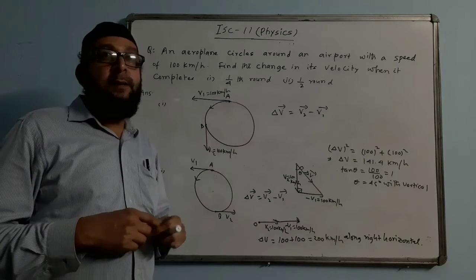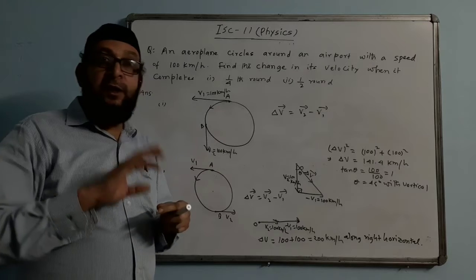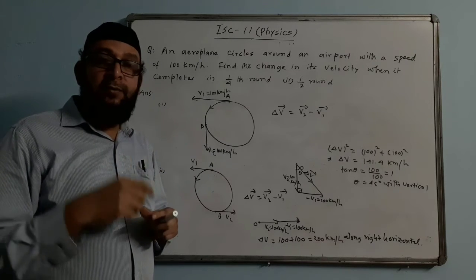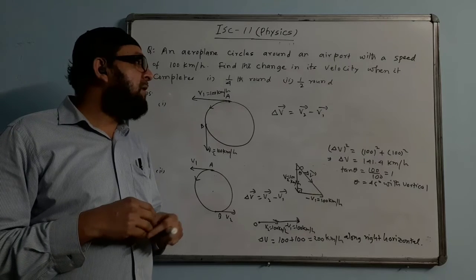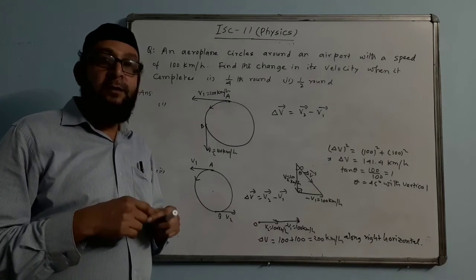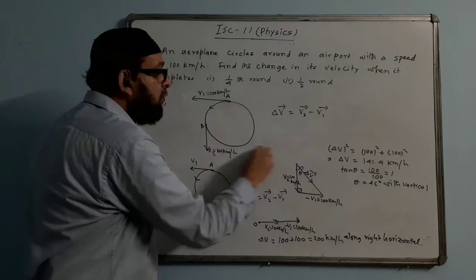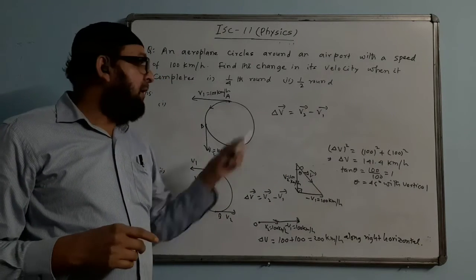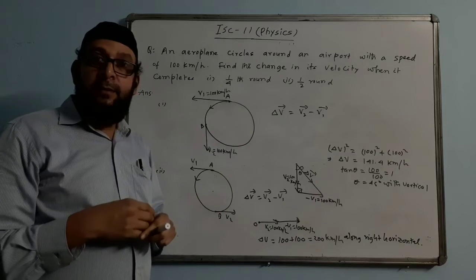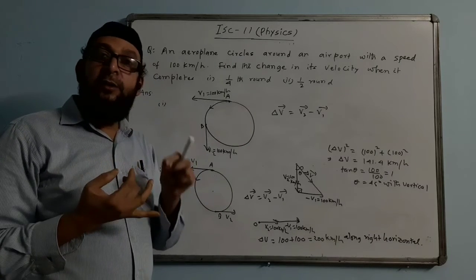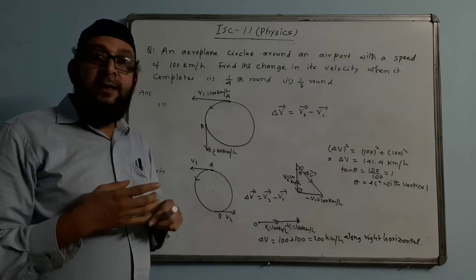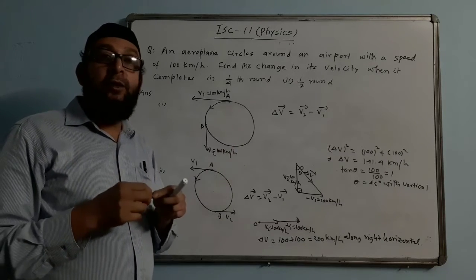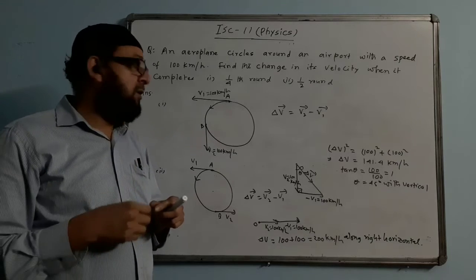For example, there are some quantities which have magnitude and direction both, yet are scalar. They are not vectors. For example, you must have learned in class 10, current. Current has direction. In the circuit we mark an arrow for the direction of current. But current has magnitude also, some amperes. Current has both magnitude and direction. Still it is a scalar quantity, not a vector. Why? Because current does not follow the law of addition of vectors.